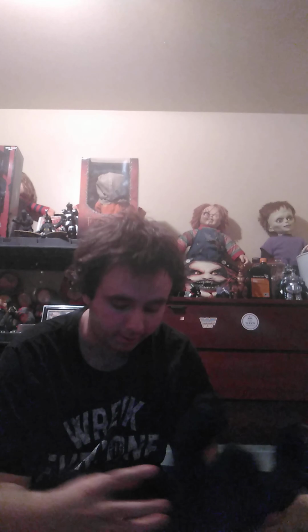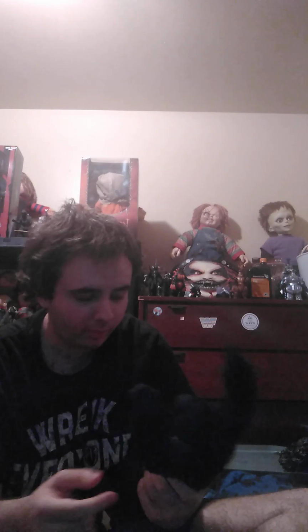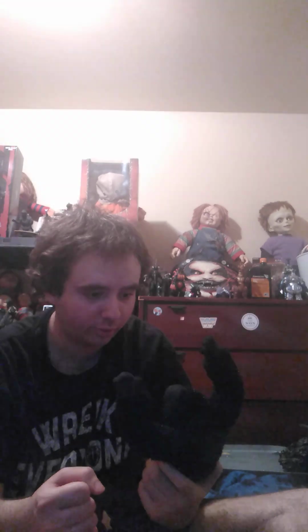But anyways, here's one King Kong. This one doesn't roar, doesn't say anything. The other one used to actually roar. But yeah, King Kong plush. And this one, I believe, says King Plush. But I remember getting these in New Jersey or Orlando or something, at some random corner stores, where I got this one. But the other one,